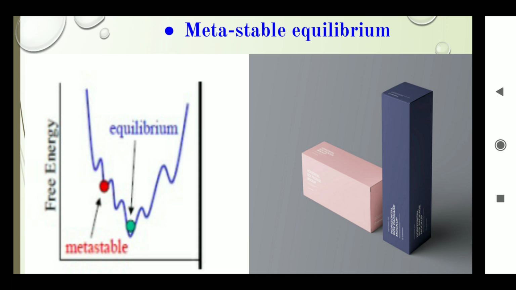From the diagram, we have to observe the graph of free energy versus space coordinates. The red colored position represents the metastable condition. It is only from one side. Whereas the equilibrium is from both sides, from the left hand side as well as from the right hand side. From the right hand diagram, it is observed that here the pink box lies horizontal on the floor. You cannot apply any force and make it fall to any lower state. It remains on the ground.